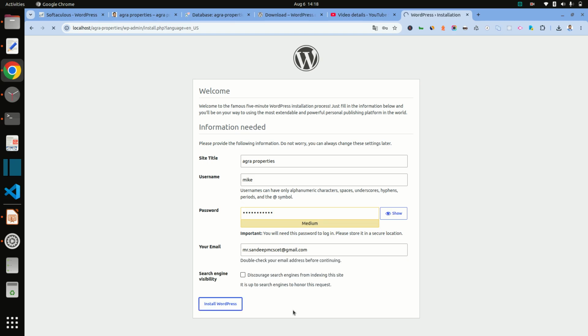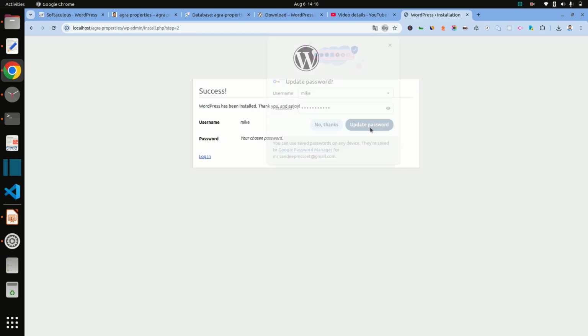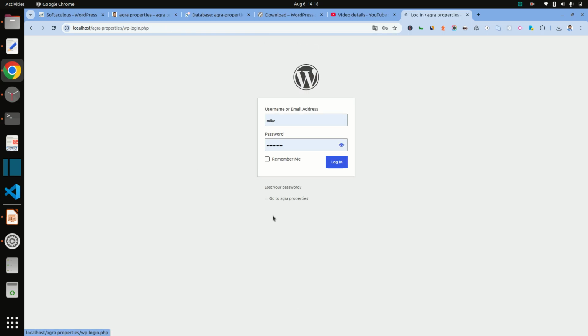Click on install. Now update the password, click on login, remember me, and click on login. Now we have just set up WordPress and logged in.